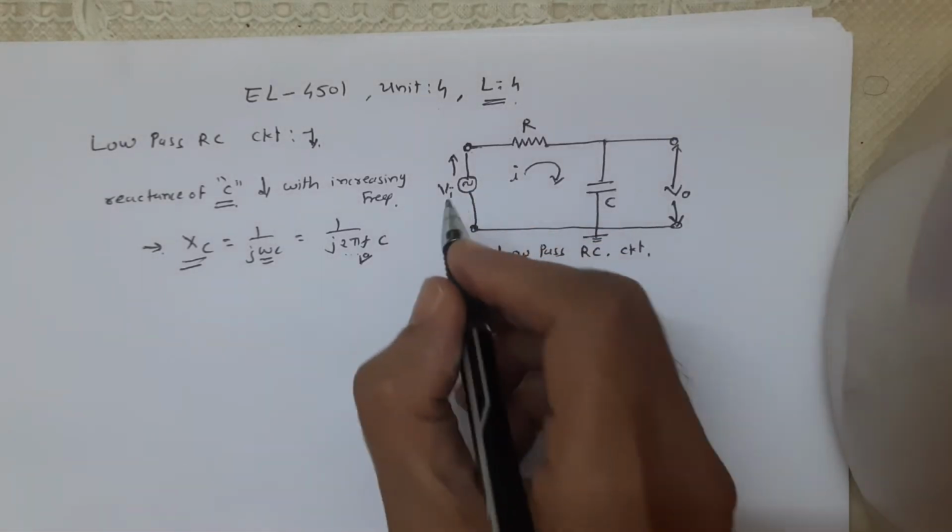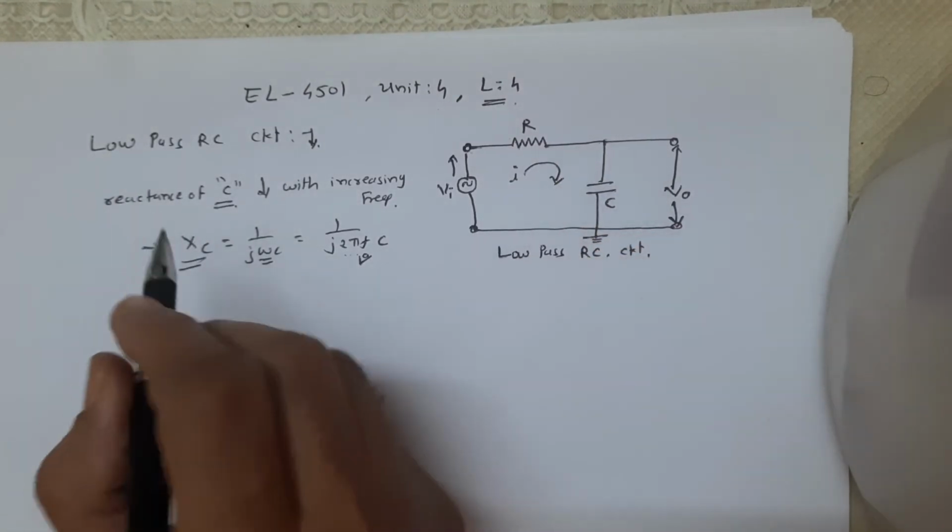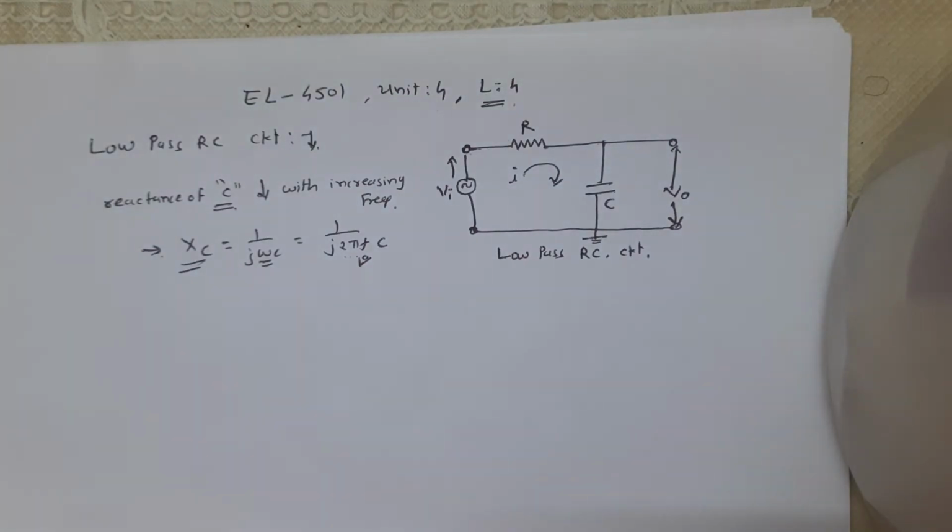So when we increase the frequency, a much lower value of the reactance takes place. Hence the circuit acts as a low pass filter, because with increasing frequency the reactance of the capacitor decreases. Hence this circuit passes low frequency readily but attenuates the high frequency. Hence the circuit acts as a low pass filter. That means it only passes low frequency components and rejects all the high frequency components.